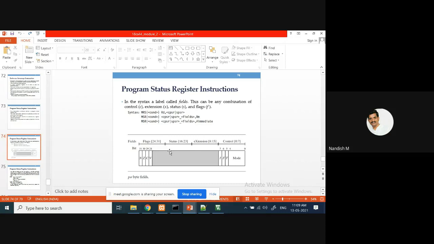If you want to update this, you have to use MRS. See, why are these two instructions there? Why do we need both MRS and MSR? First, in the MRS we copy the CPSR or the SPSR content into a register, some destination register.